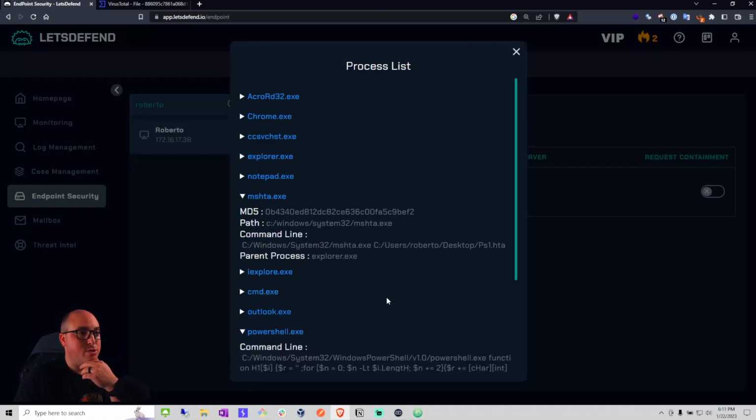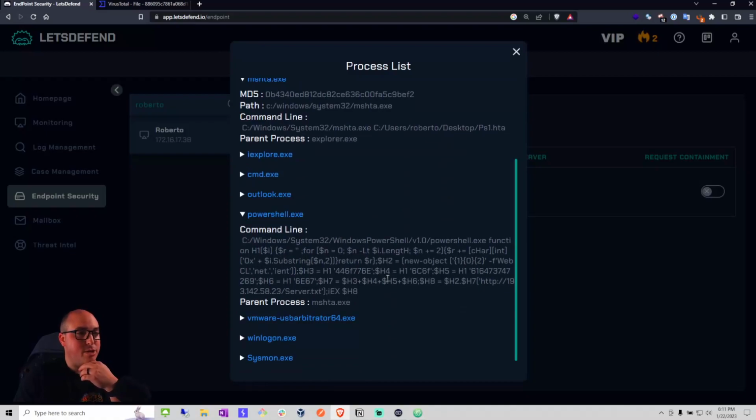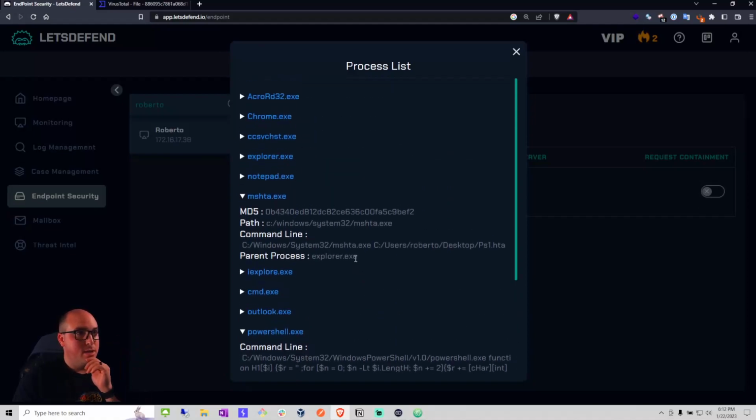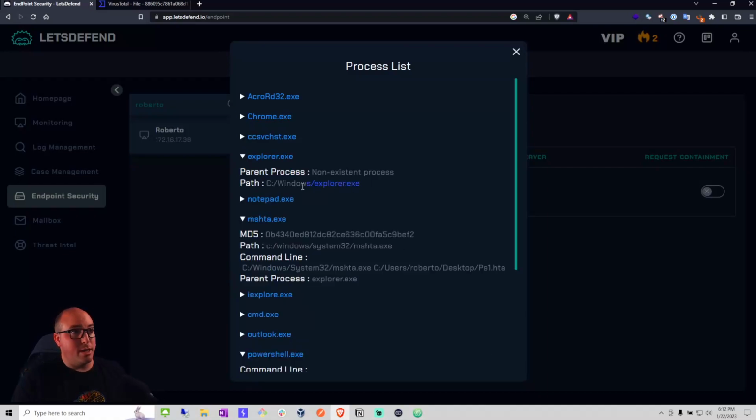So if we look at PowerShell, we see that command executed and that the parent process is MSHTA. Good. We already kind of knew all of that. The new information here is that the parent process to mshta.exe is explorer.exe, meaning that the user actually opened this and ran it directly, meaning our user, Roberto,